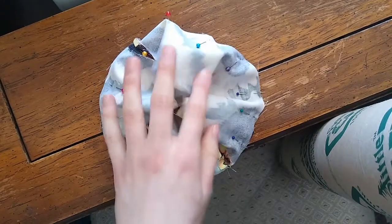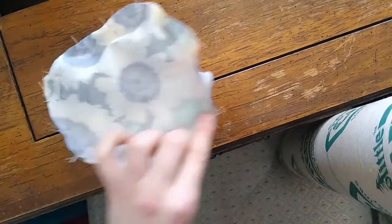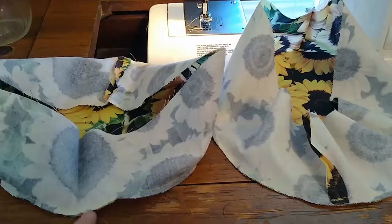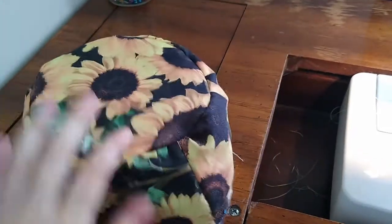I started by attaching the 2 side pieces together so it made a loop, and then attaching that to the top piece, the circle piece. And it really helps if you take the long end of the side pieces and fold it into the center of your top piece so that the right sides are both facing each other, and then you sew along the